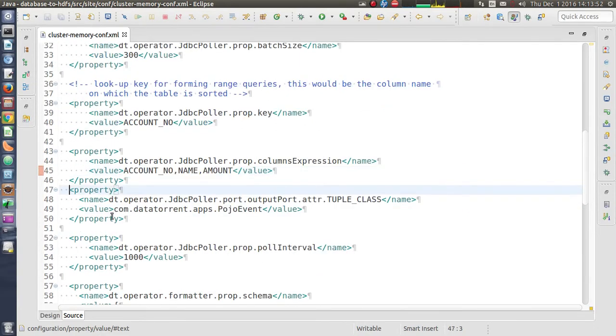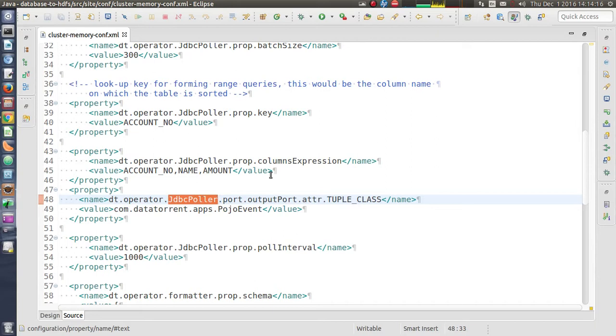Then this property is very important, which is tuple class. On the operators which operate on Java objects, we have a property called tuple class, which is actually a property of the port which handles those tuples.